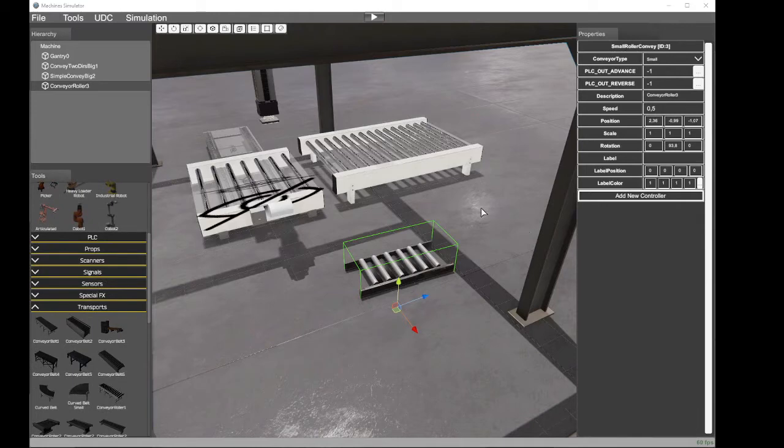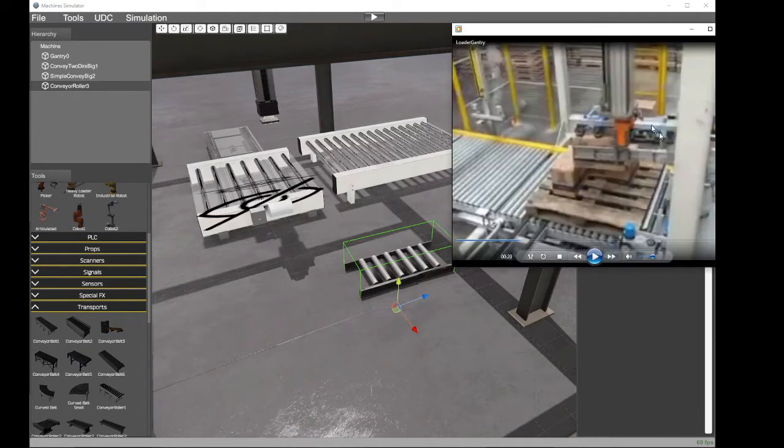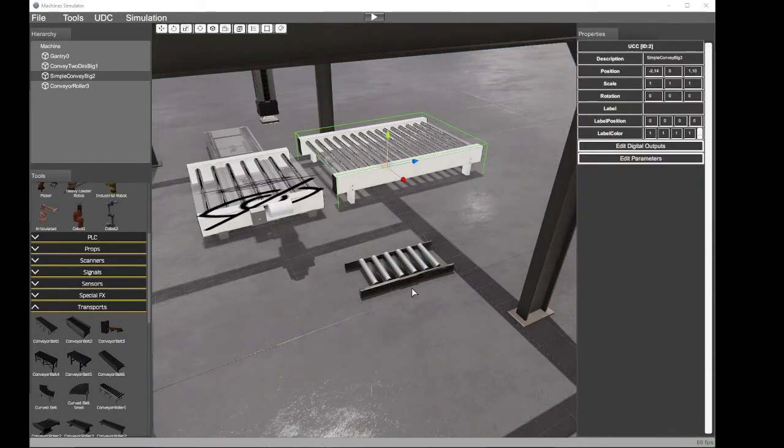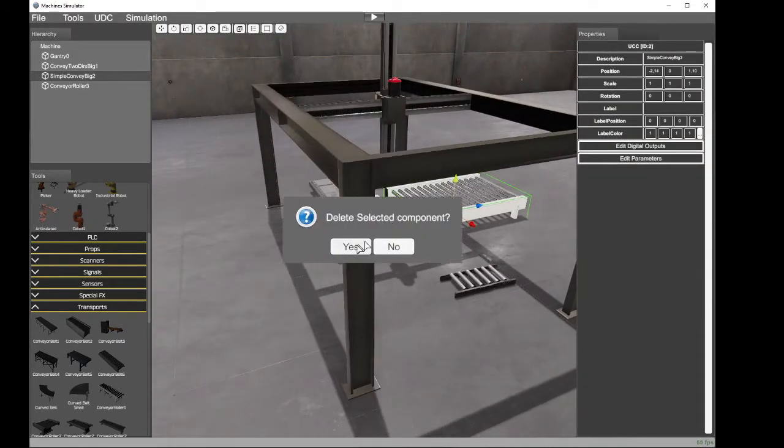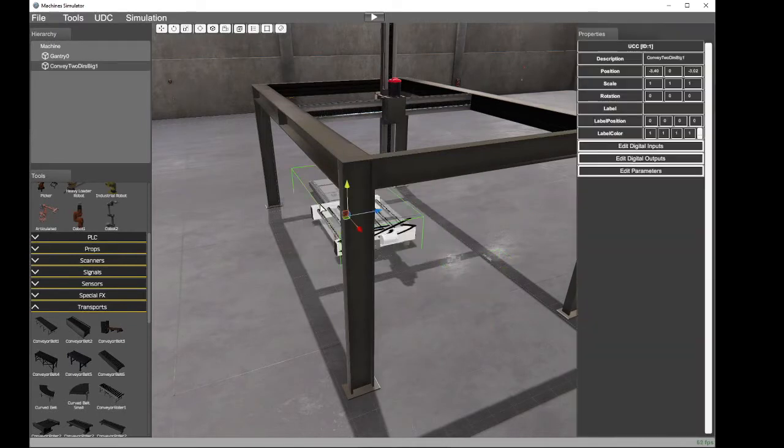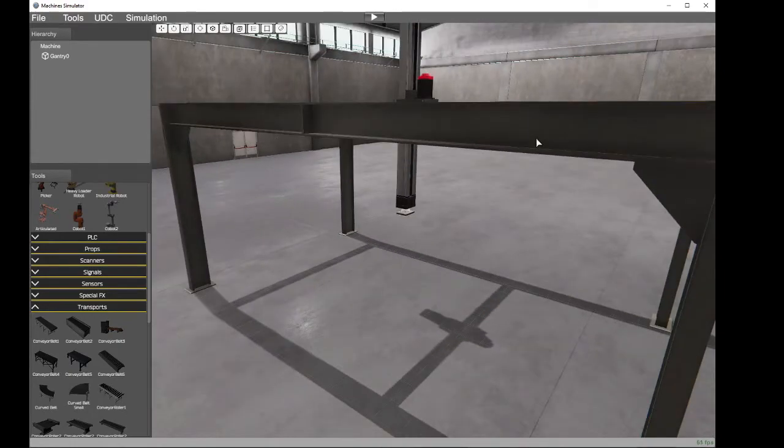But there is one component that we do not have available in the library. We do not have this kind of gripper used by the real machine. Then we are going to use a very important and flexible tool from Machine Simulator, the user-defined component, where we can create our own devices, our own systems, and give them the behavior we want. In the first part of this tutorial, I'm going to show you how to use the user-defined component to create our own devices. Okay, let's remove all the elements I have placed in the demo,